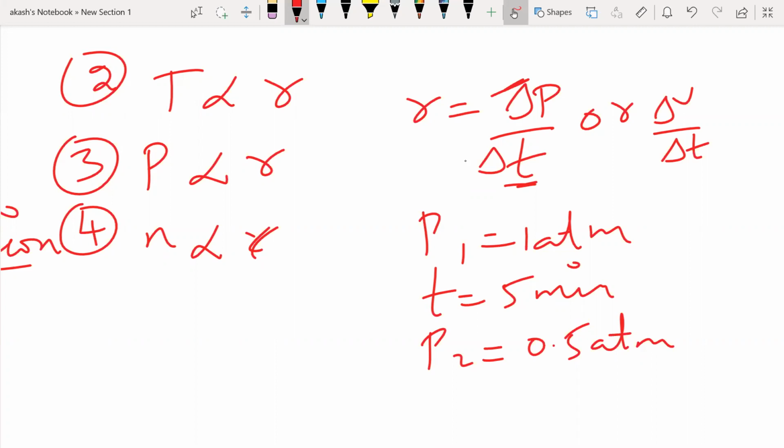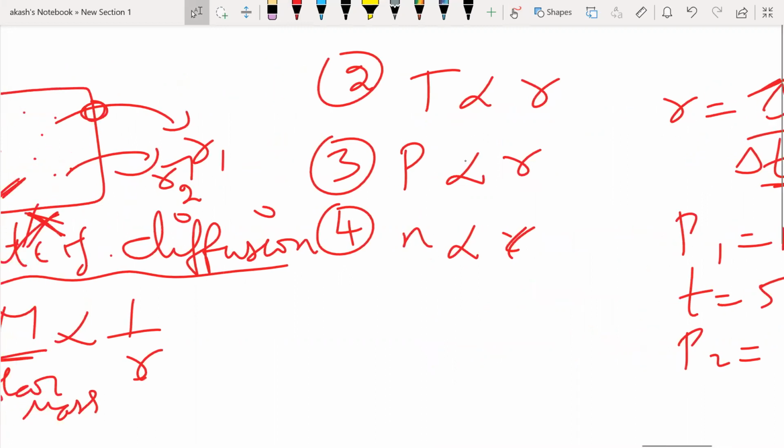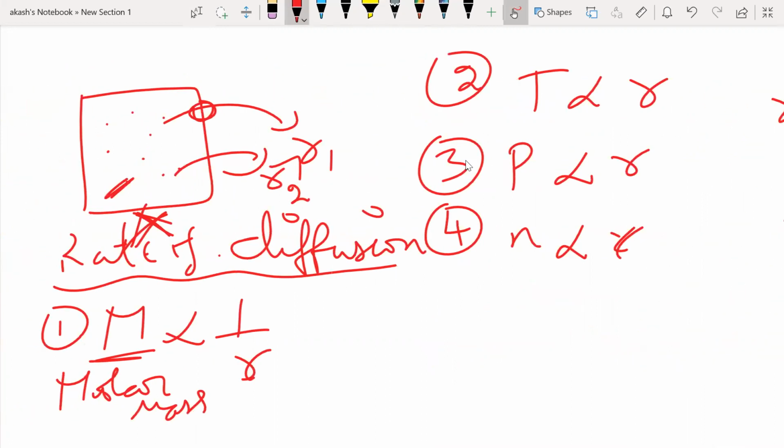The most important factor of them all is the mass. And you are not going to get questions from these, that's what I predict, because I've never seen questions coming from any of these. But again, it's pretty easy. You will be able to correlate even if it does come. Not a big deal at all. So we will just see first